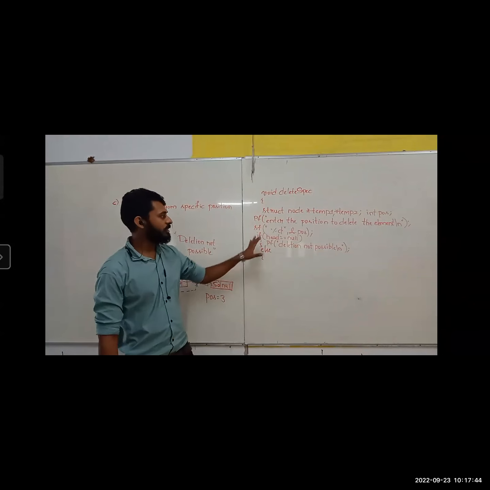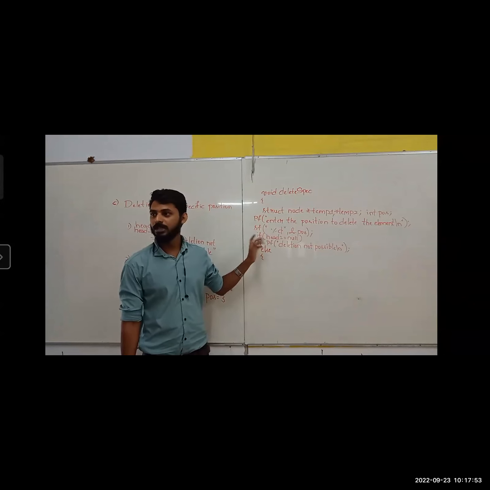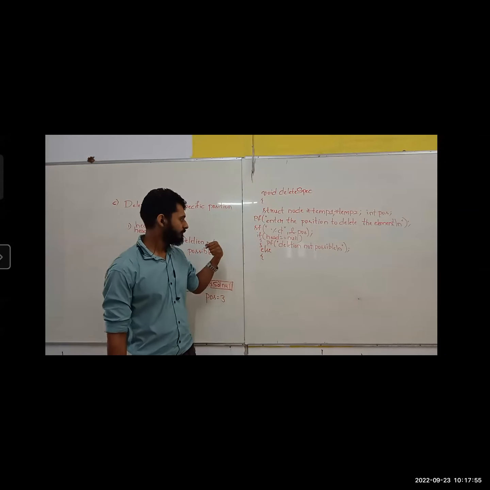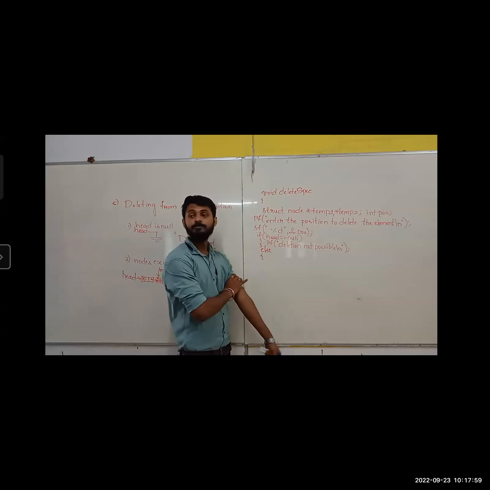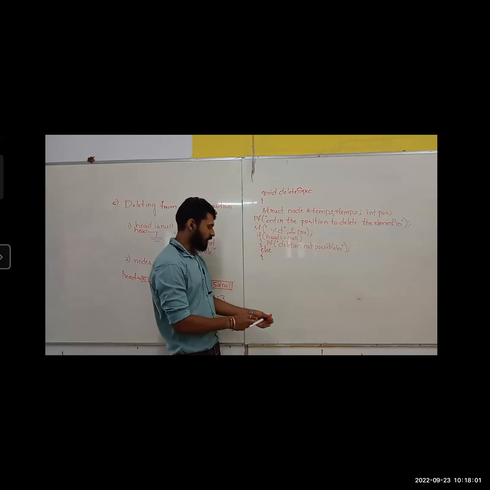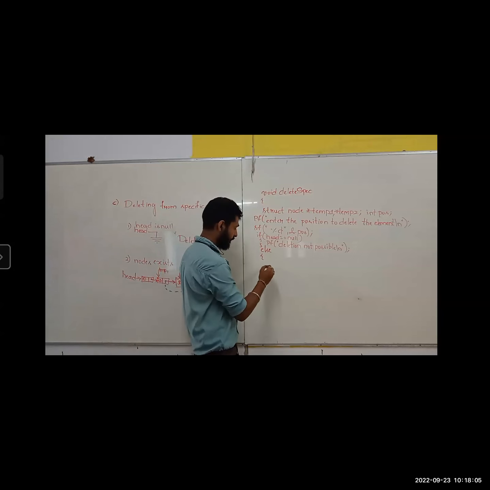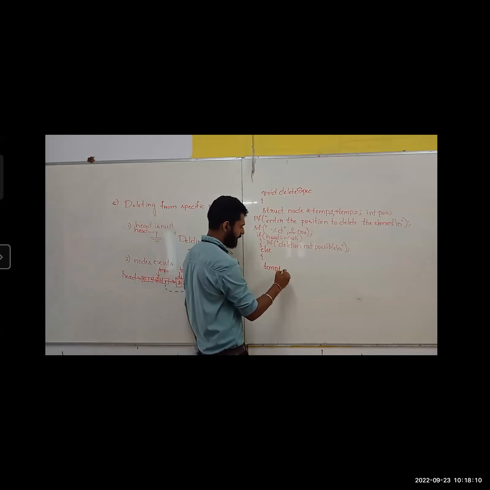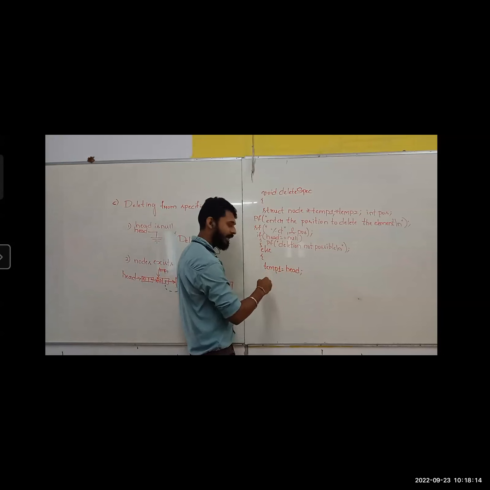User told the position. Yes or no? Where is that position stored? In the variable called pos. In that position is stored. Okay. So next what? Now I want my temp1 first to point to which location? Temp1 should point to the same place where head is pointing. And I should keep moving it.